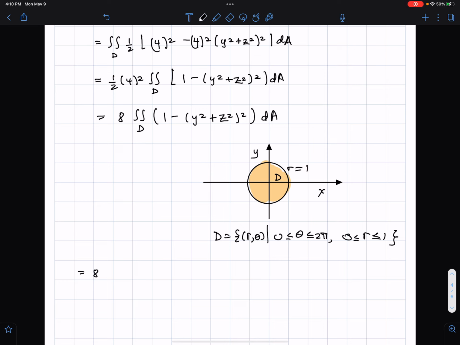So this is 8 times the integral. So I integrate, theta goes from 0 to 2 pi, and then r goes from 0 to 1, and then I have 1 minus. Here's the thing where I did this before, and I got all mixed up. I'm not really having the very best day, but anyway, it's always a good excuse. But see, it's when we use our polar coordinates,